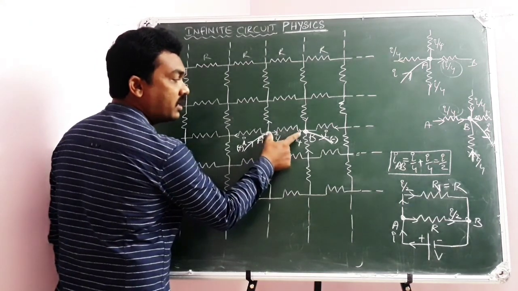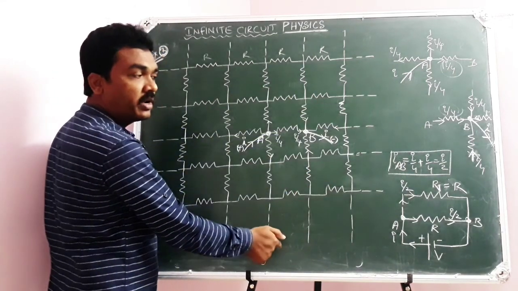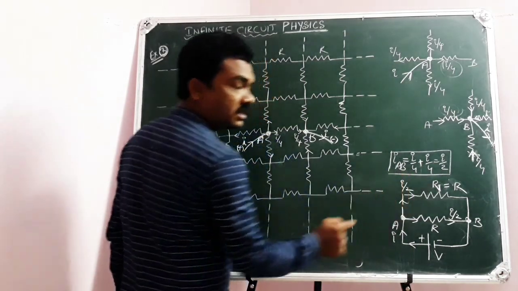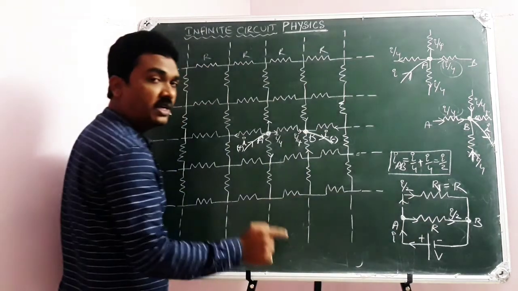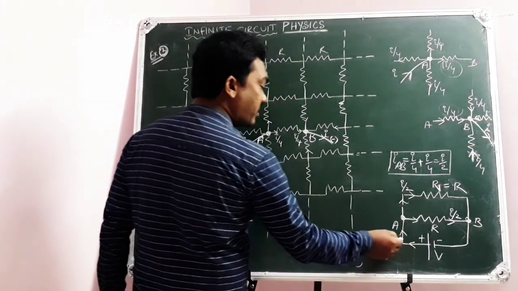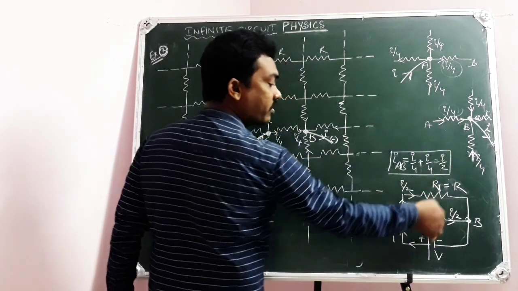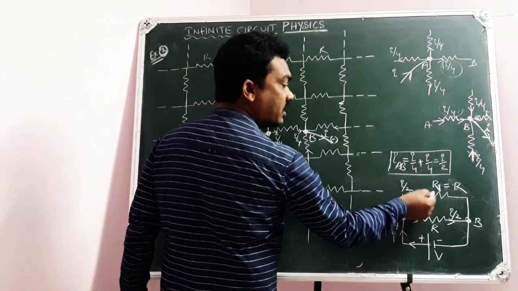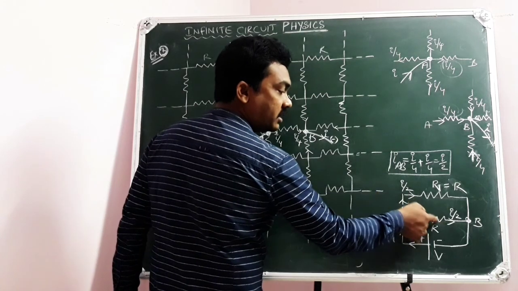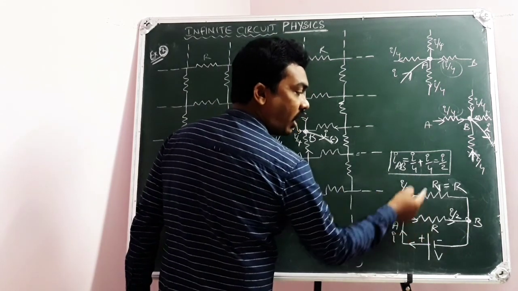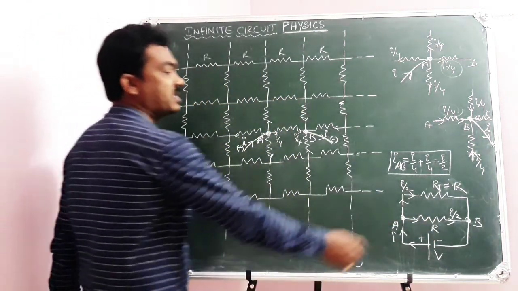Apart from the resistor R in between AB, the remaining identical resistors are going to give an equivalent resistance R1. Now this R1 is in parallel with R in between AB. When I current is drawn from this cell, I know I by 2 is traveling through the path AB, because I by 4 plus I by 4. So the remaining I by 2 should travel through R1. Means when these two are in parallel, carrying equal currents at the same potential, R1 must be equal to R. Then only equal currents are possible. So this must be R.